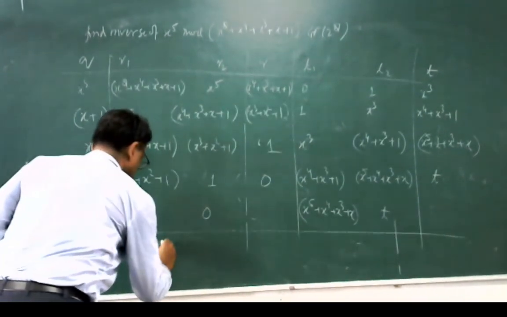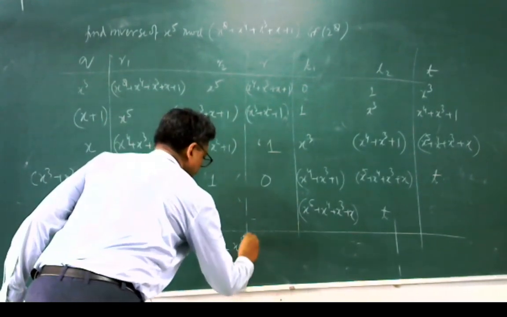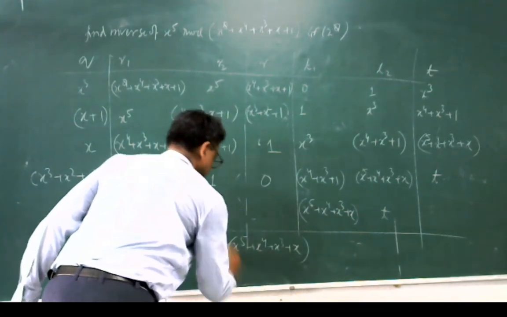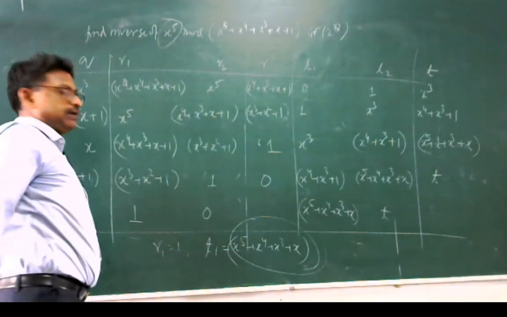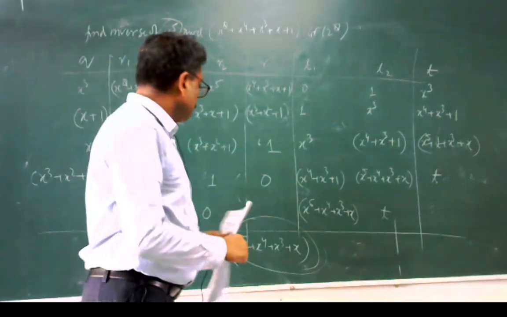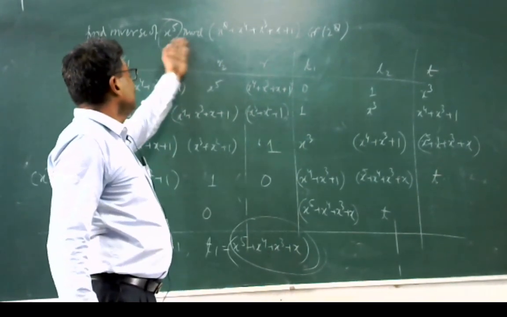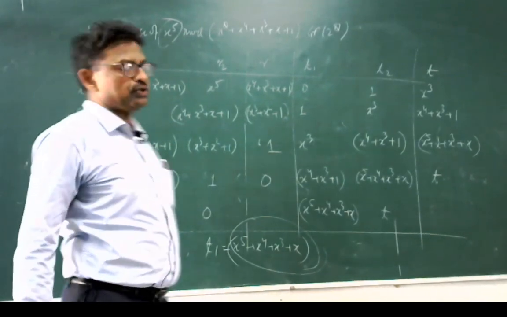Because R1 is 1, so whatever is the value of T1, that is x to the power 5 plus x to the power 4 plus x cube plus x, that is the inverse of x to the power 5. If you want to test it, you multiply this by this and take the mod, you will be getting 1. So that is how the multiplicative inverse of the polynomial is being